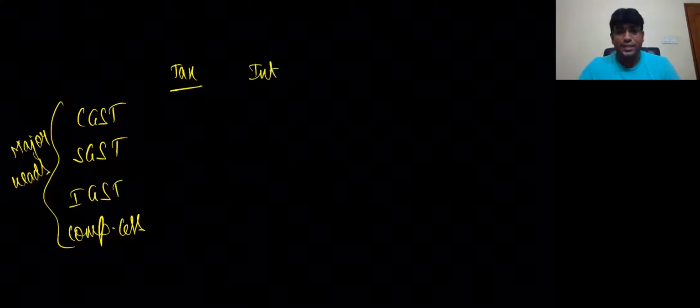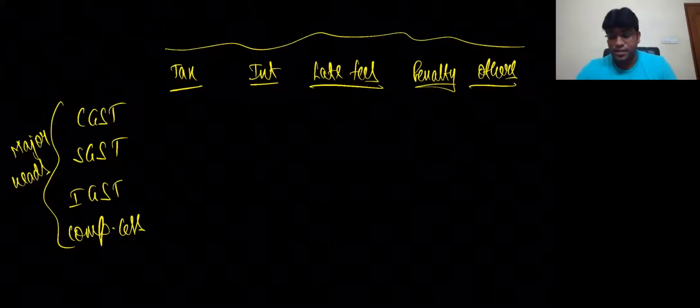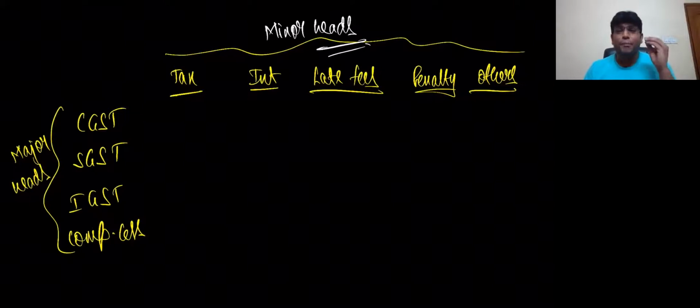tax, interest, late fees, penalty, and the last column is the others column. Under each major head you have columns like this, and technically we call them minor heads. The reason I'm telling you this is that without understanding this, you really can't understand the beautiful purpose of form GST PMT 09. Now, whenever, let's say, we have to pay SGST tax of 1 lakh rupees,